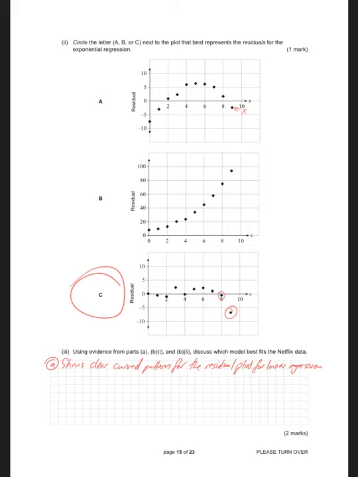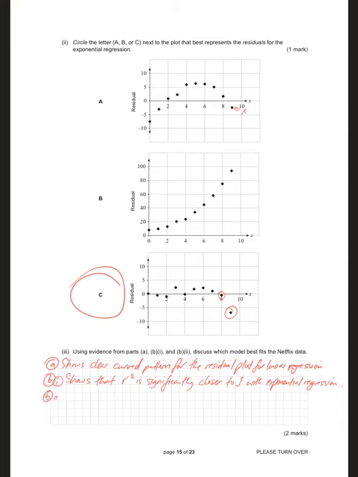So trying to fit a line to that Netflix data is not appropriate because there's a clear pattern in the residual. That's one strike against it. B1 shows that the coefficient of determination, R squared, is significantly closer to 1 with exponential regression,